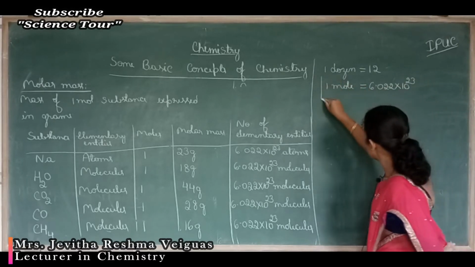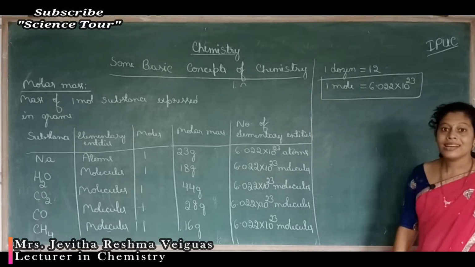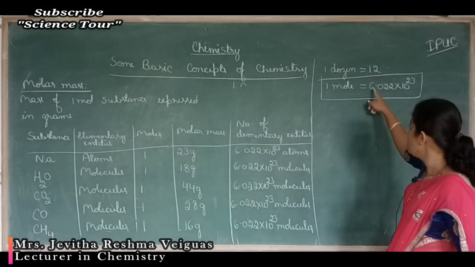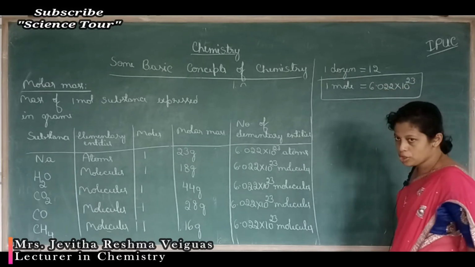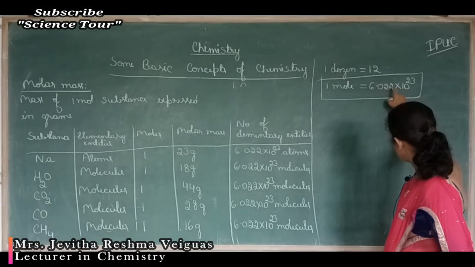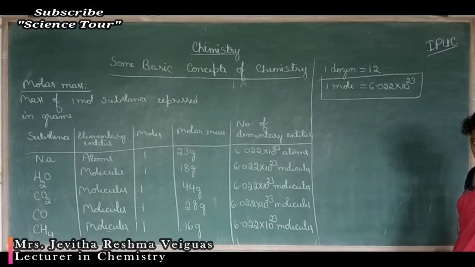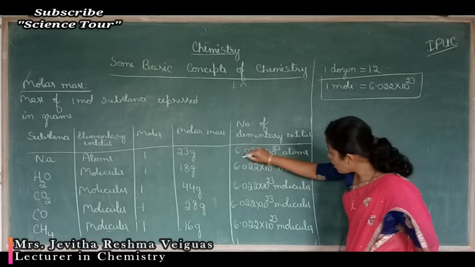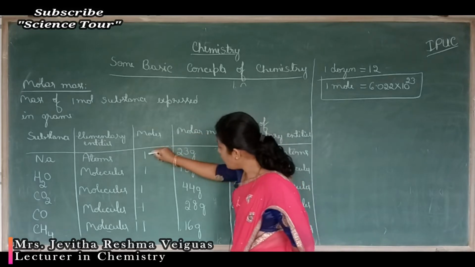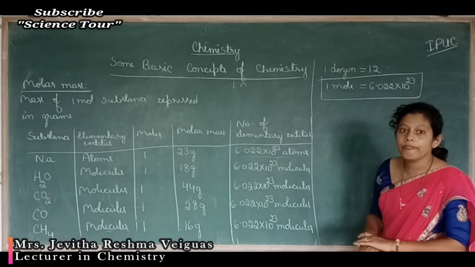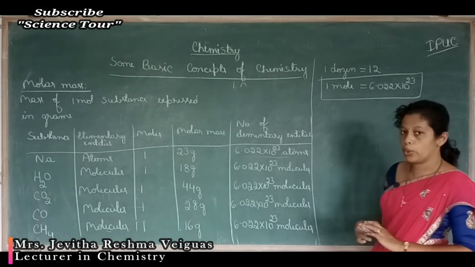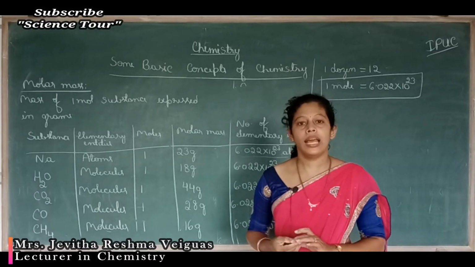So this relation you must remember. 1 mole is Avogadro number. What is Avogadro number? 6.022 into 10 to the power 23. So this number is very large. It is 6.022, after that so many zeros come. So 23 zeros you have to write. Such a large number of atoms are present in 1 mole of any substance, irrespective of the nature of the substance. 1 mole is equal to Avogadro number of elementary entities.